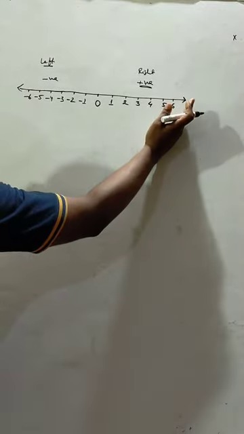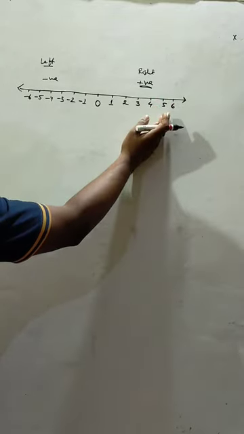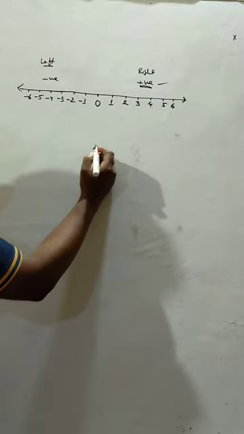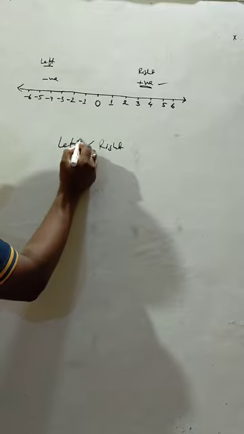Okay, so this is called a number line. Something is hidden in this number line. First of all, the numbers on the right side of the 0 are called positive numbers. Numbers on the left side of the 0 are called negative numbers. Every right side number is always greater than the left side number.